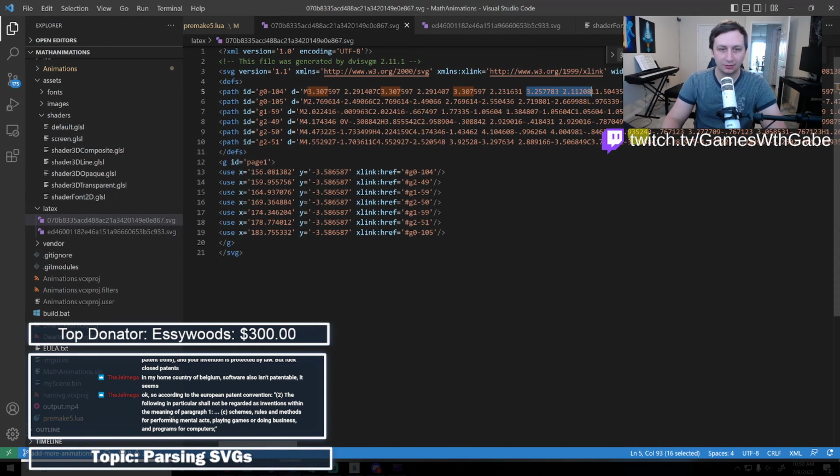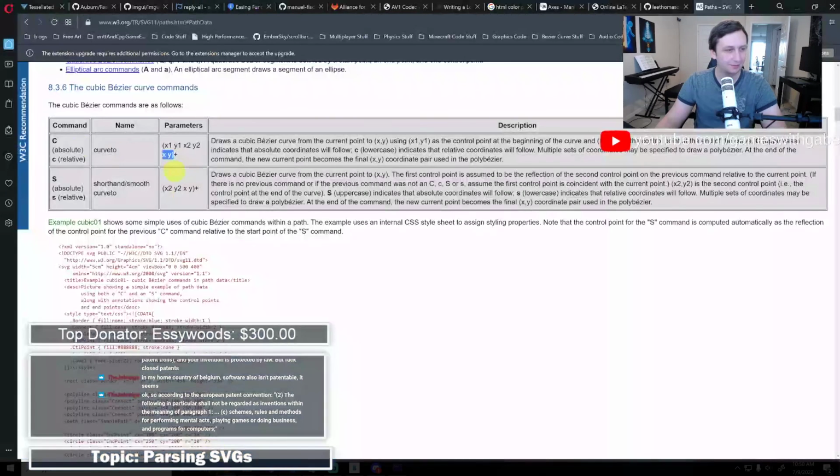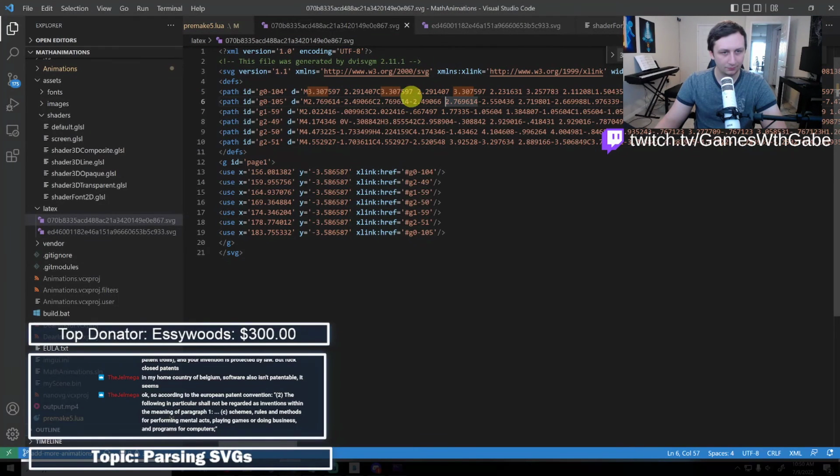Ooh, and then this is our start point, which is not where we moved to. But this is where we moved to. Why? That makes no sense. So we move here, okay?